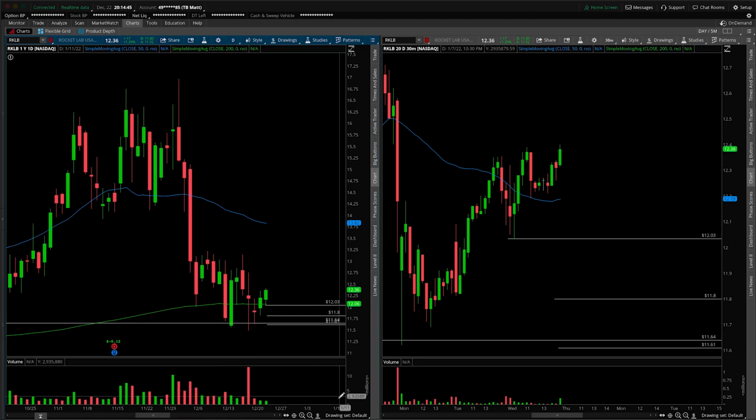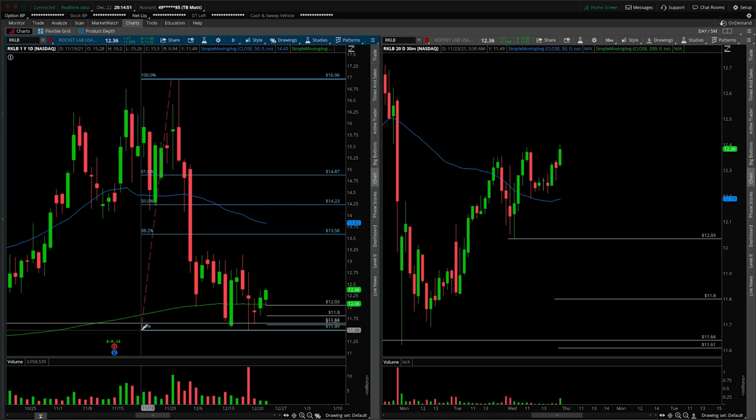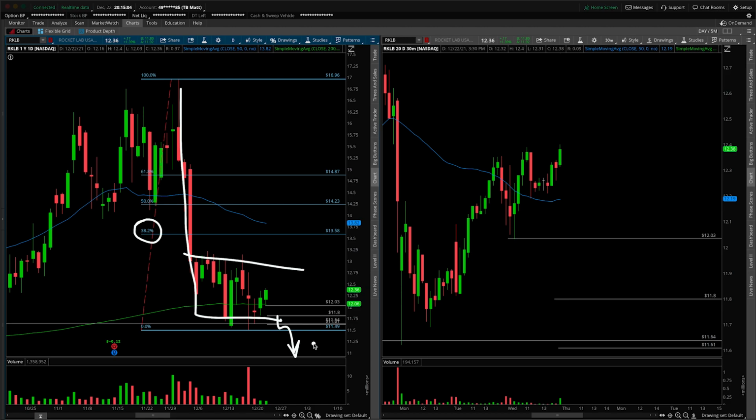And then the last thing I'll leave you with is just the overall scheme of things from the daily, right? If we come in with the fibs from the high down to the current lows down here, what you'll notice is that this is all well underneath your 38.2, and you can start to classify this as a bear flag. So a number of conflicting things here where, ultimately speaking, a breakdown here, yeah, I would imagine 10 is on the table,